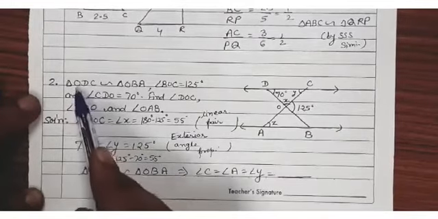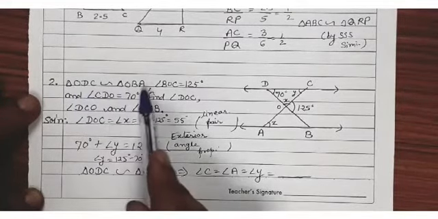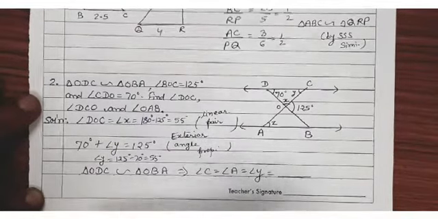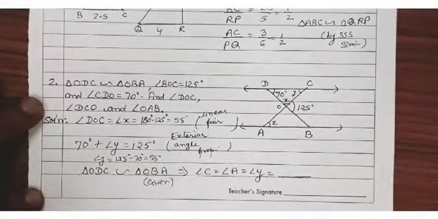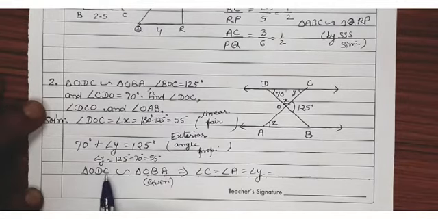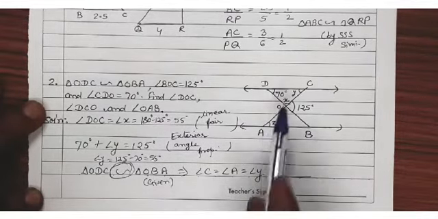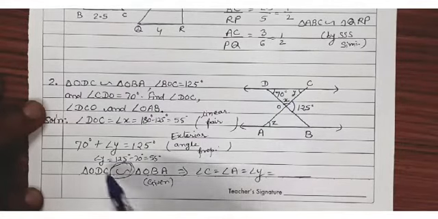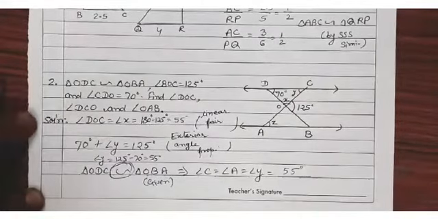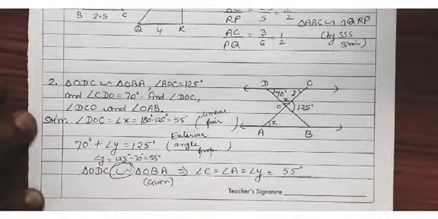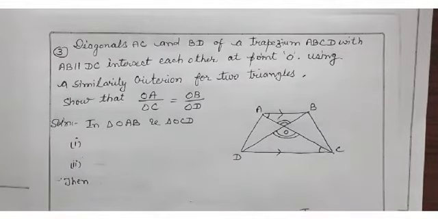Then what is given? Triangle ODC is similar to triangle OBA. Then what about OAB? This is similar, it is given to you. It means angle C will be equal to angle A. What is the reason? The reason is similarity is given to you. What is angle C? Angle C is your Y. Angle Y is what? 55 degrees. This is again 55 degrees. This is your answer.